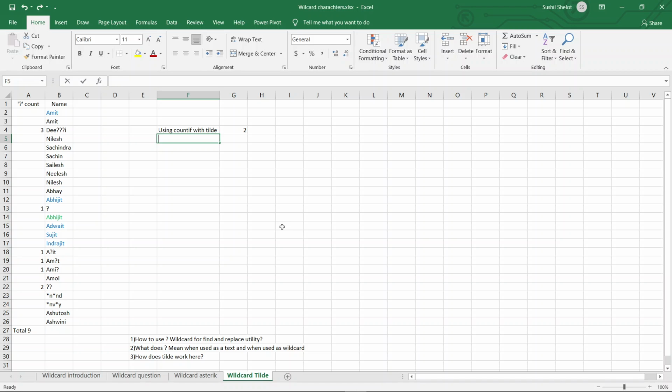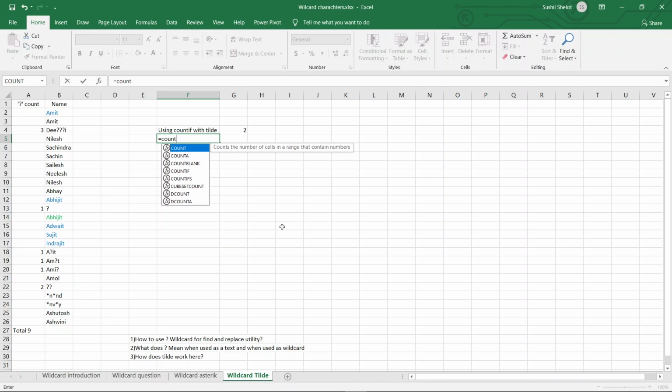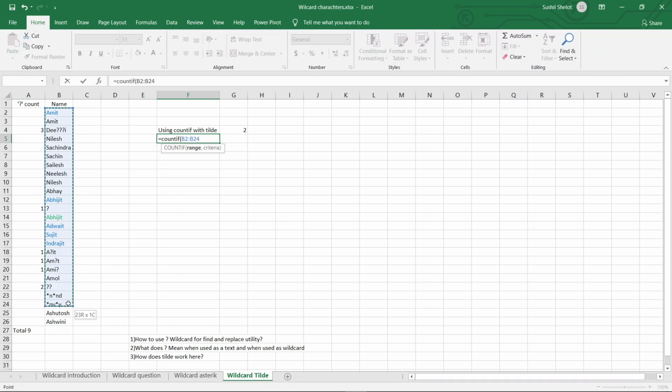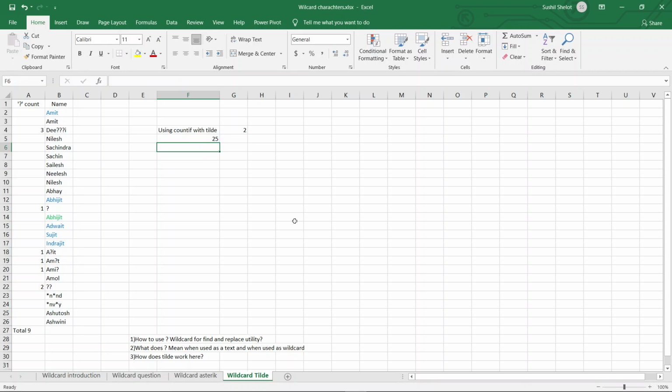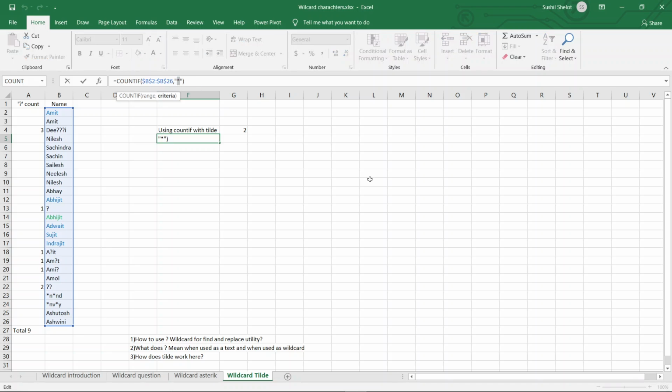So if I go and say equals COUNTIF, and I say range, in this range, what do I need to find out? The criteria is I want to find out the asterisk. So I choose the asterisk and say close parenthesis and enter. So what I again get here is 25 instances or 24 counts of asterisk. So basically what it has done is it has counted asterisk as a wildcard and not as a